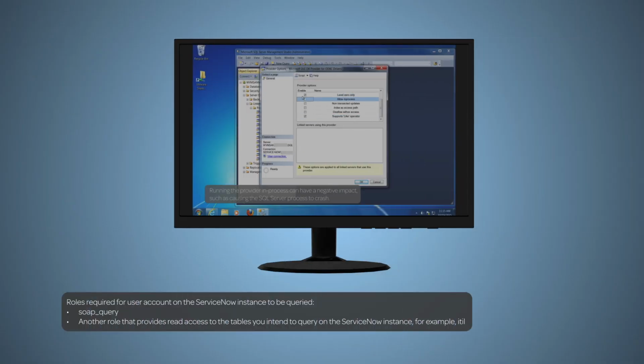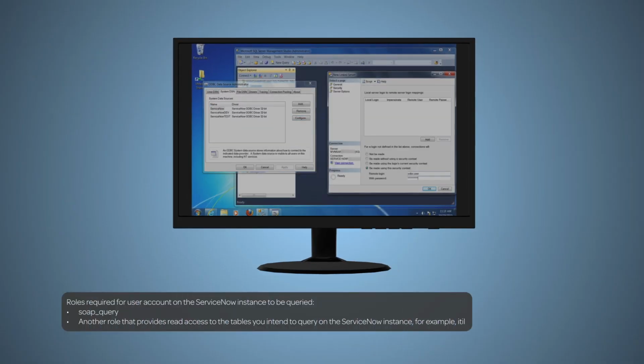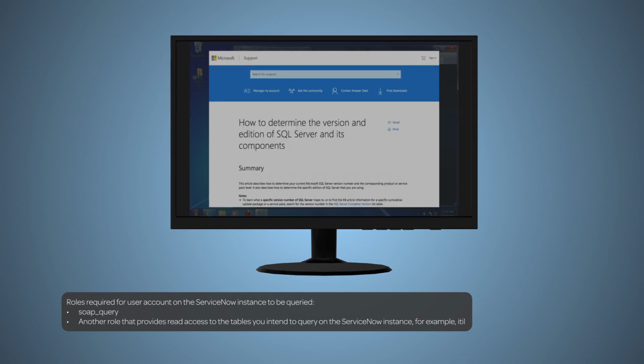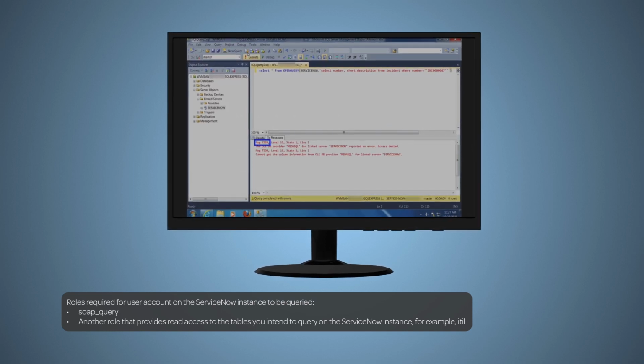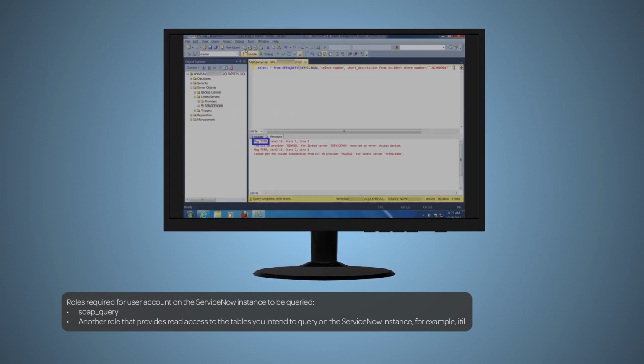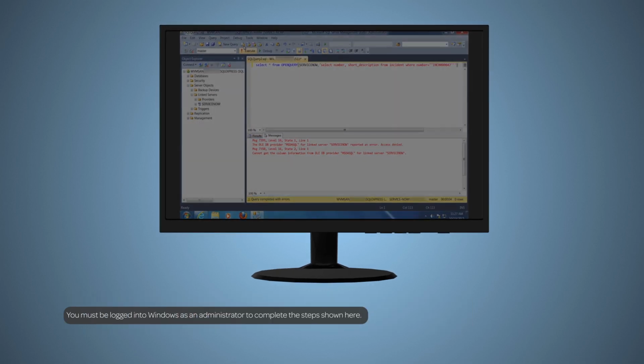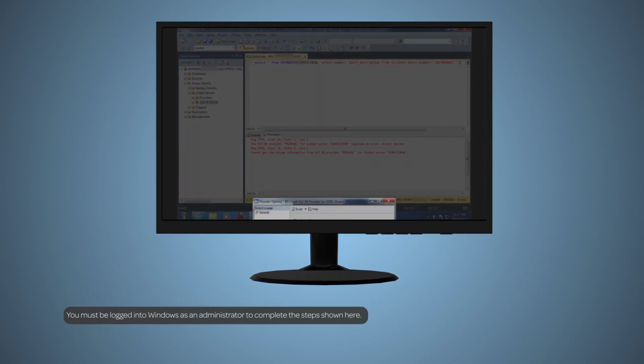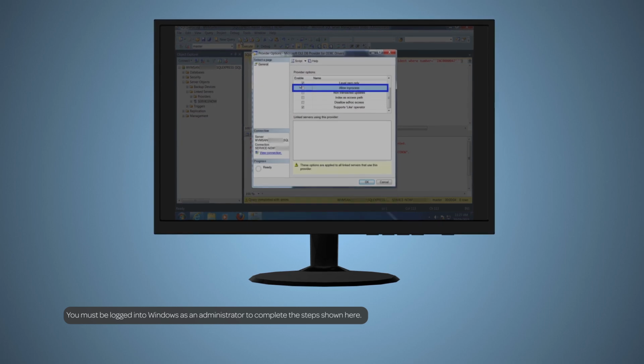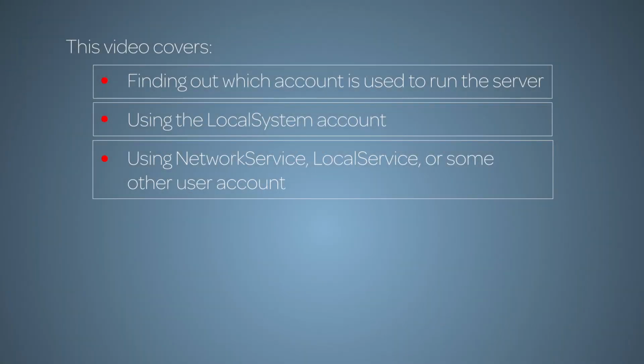We configured our Microsoft SQL linked server according to the instructions in the configuration video. But when we ran a test query, we got a Microsoft 7399 error. This error is unrelated to ServiceNow, but common in environments where the linked server is running in the recommended out-of-process mode. Here, we demonstrate what to do if you get a Microsoft 7399 error when running your SQL linked server